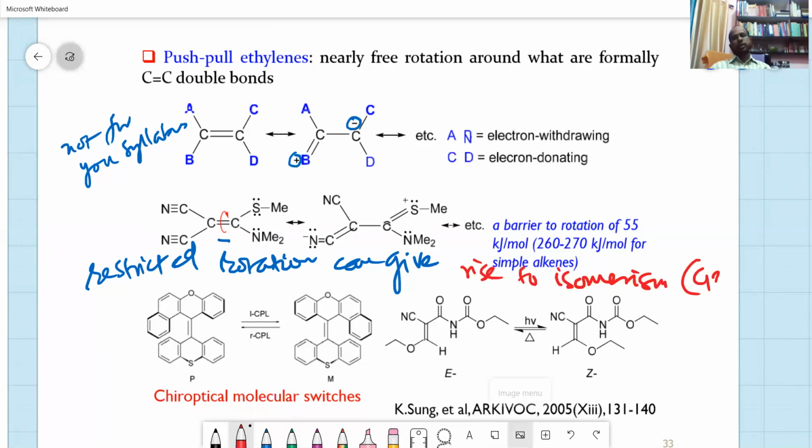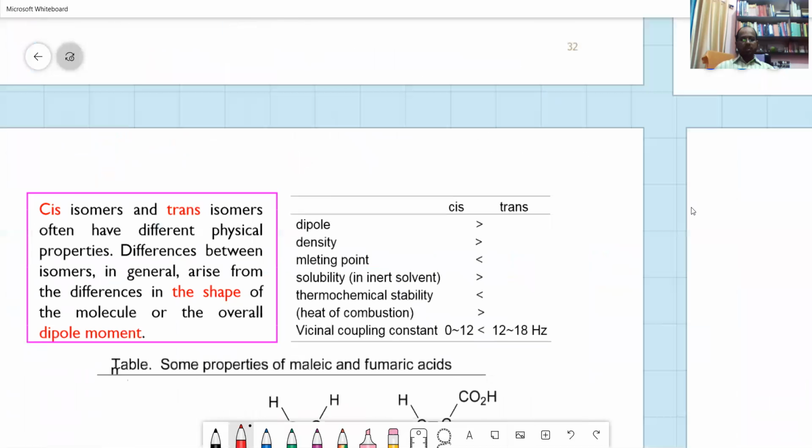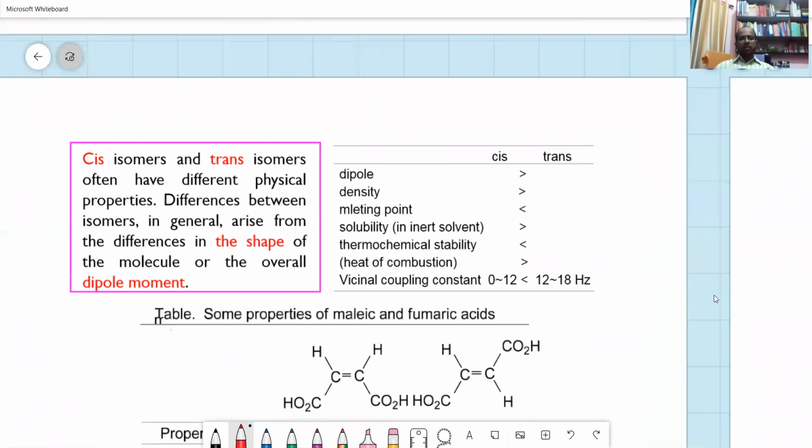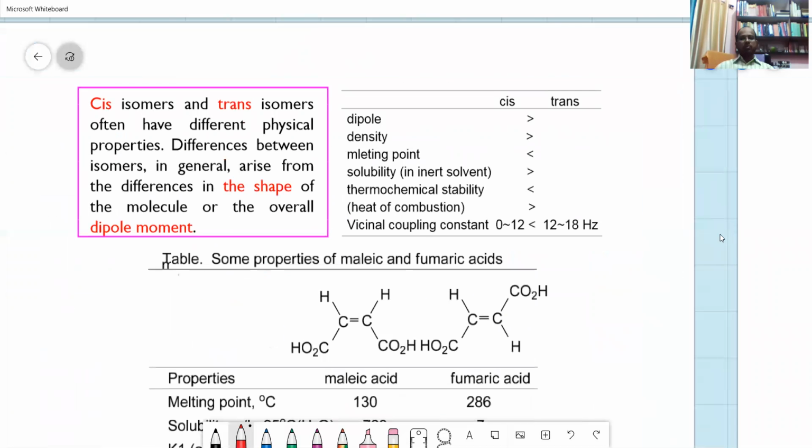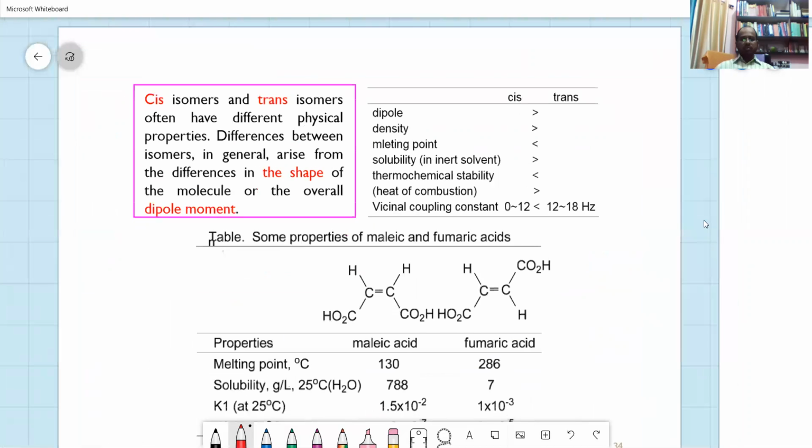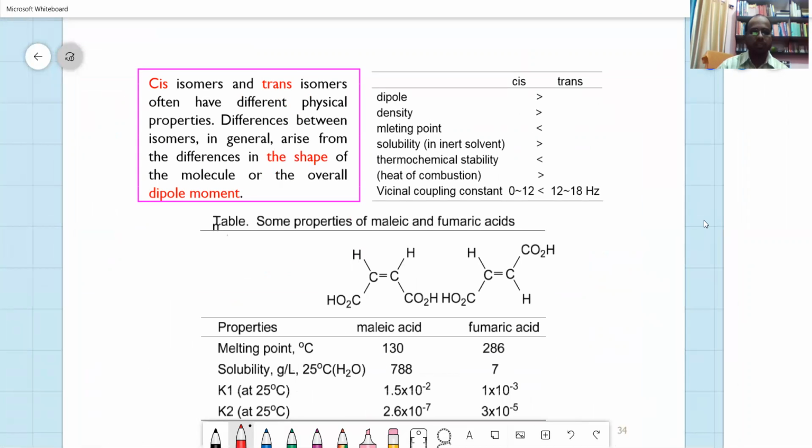It is geometrical. Okay, some of the examples are also there, and you can see what is happening to the cis isomers and the trans isomers. The physical properties are given there. Cis isomers and trans isomers often have different physical properties. The difference between isomers in general arises from the difference in the shape of the molecule or the overall dipole moment. Dipole moment is, here you will have pulling power of COOH in this direction and pulling power of CH in this direction. So these two directions,